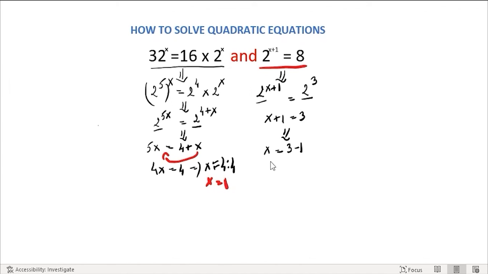So, in this case, x equals 2. I hope you understood this